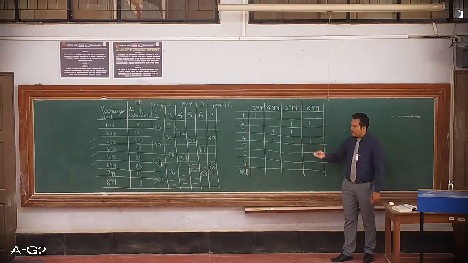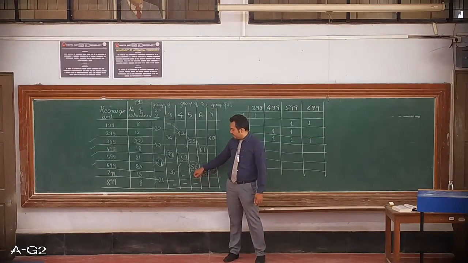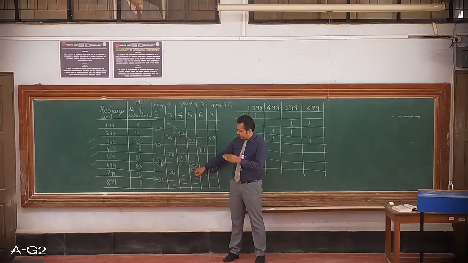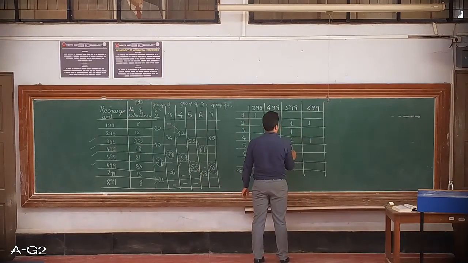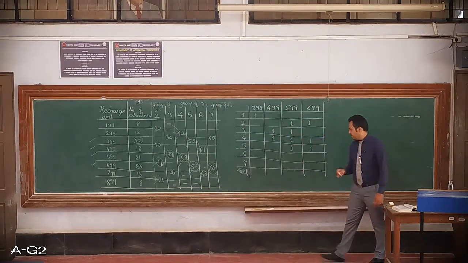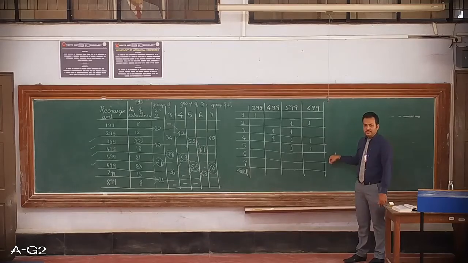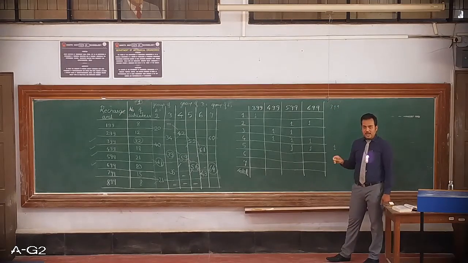Then for column 5, 56 is maximum. Okay, so this is the sum of 21, 20, 15, which is related with 599, 699 and 799. So I'll be having 1 for 599, then 699, and 799 we have not added, otherwise we would have had 1 for 799. Okay, so just for reference, let me add here 799 will have 1 mark.